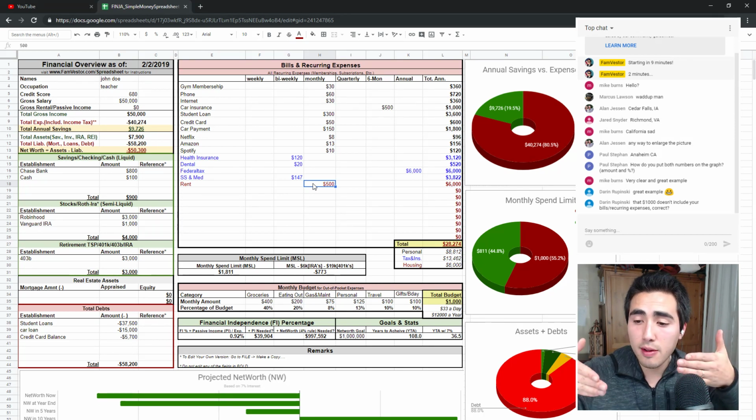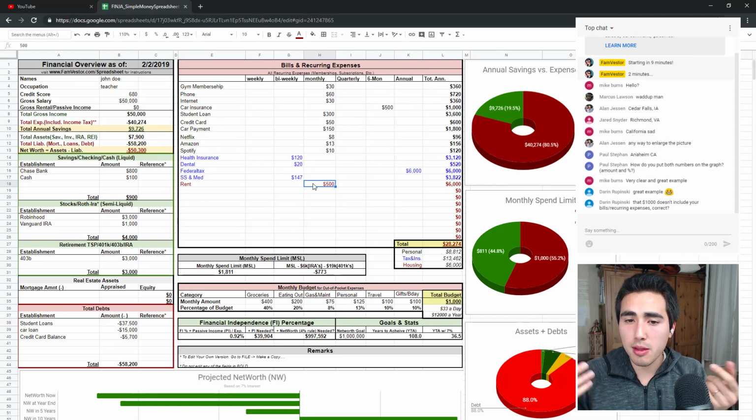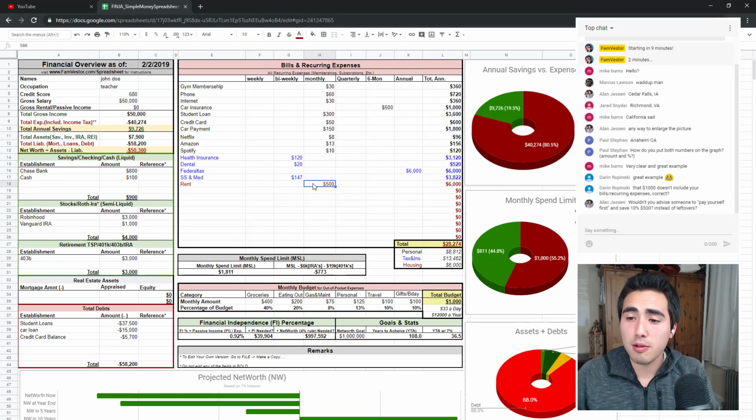I'm currently in a 4-family house. I live in 1 unit. I rent out the 3 other units, and the 3 other tenants pay for my mortgage, my taxes, my interest, and we make about $300 a month on top. So we live for free and make about $300 a month. Okay, so that's pretty much the bulk of my presentation I got going on here.